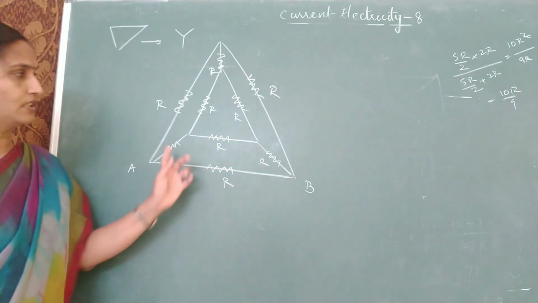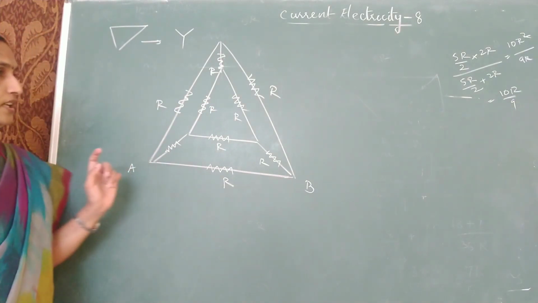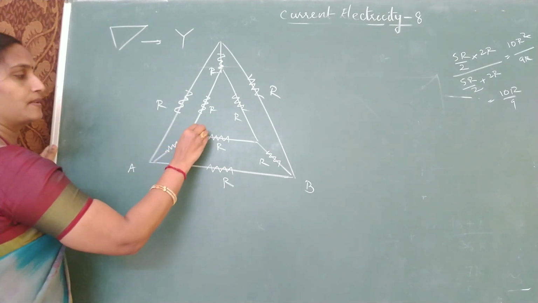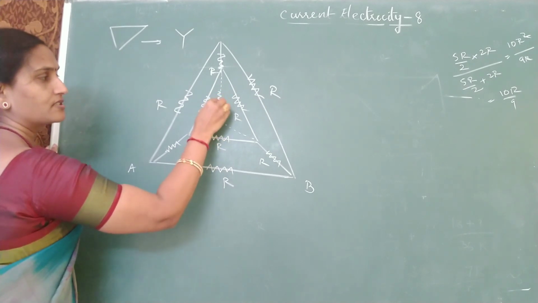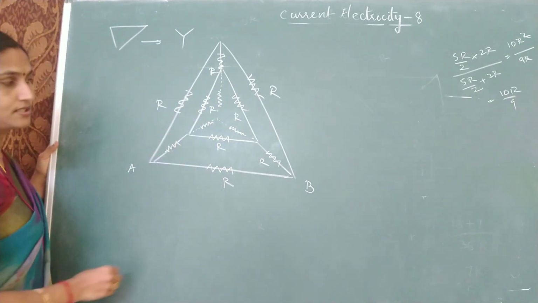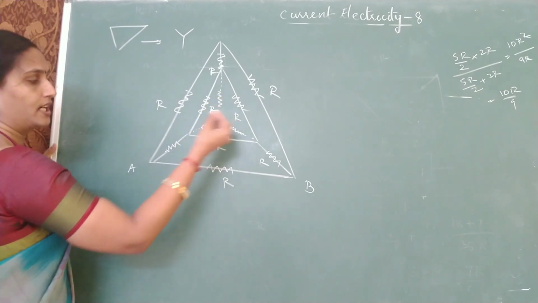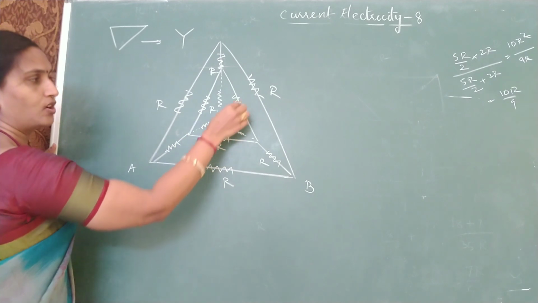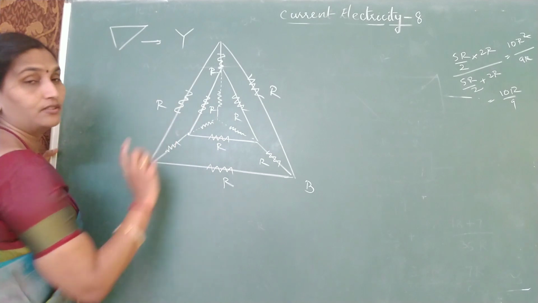So this is your network of 3 plus 3, 6 plus 3, total 9 resistors are given. And now see, this is your triangle. I want to replace it with a Y-shaped network. So I need a resistance here, another resistance and one more resistance. How to get these 3 resistors? If I call them R1, R2 and R3, or whatever name you want, because all are identical, you will get the same answer. So I don't have to write 3 formulas.